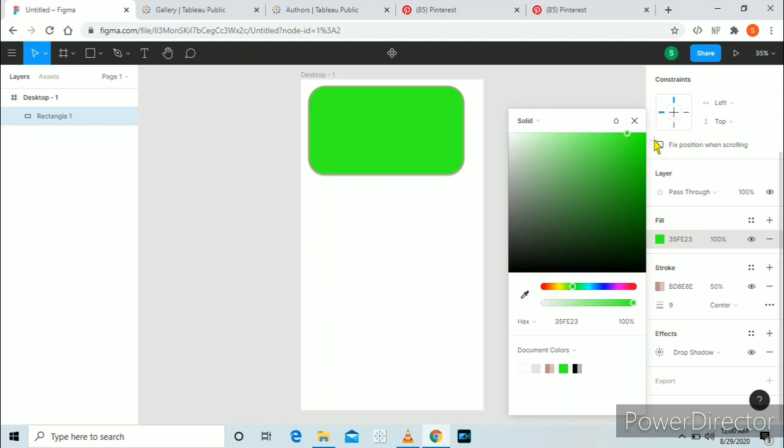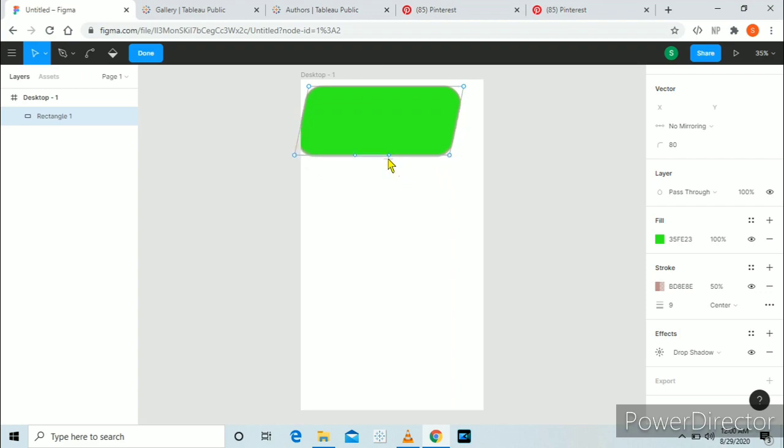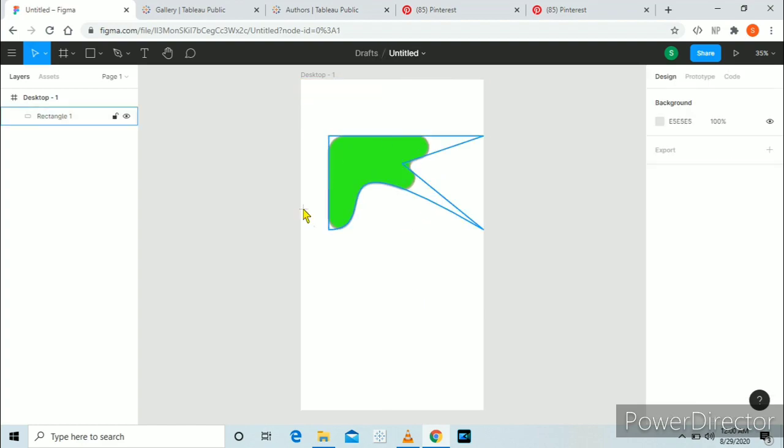Now I will show you one interesting feature about Figma. Just go to Edit object, click on Bend line and drag on any point on your rectangle and just play with it, like stretch it, and you can create many different shapes. I am just giving you an example. Your imagination is only your limit. You can do anything in it. This is just an example. Just drag those points and create your own shapes.